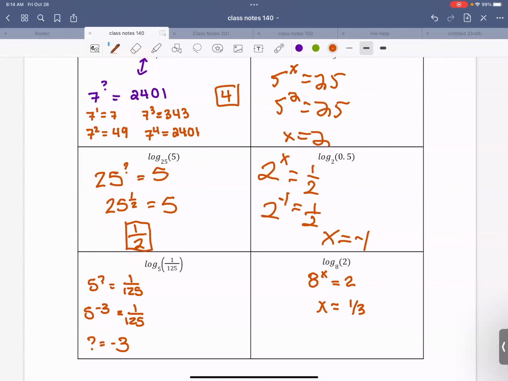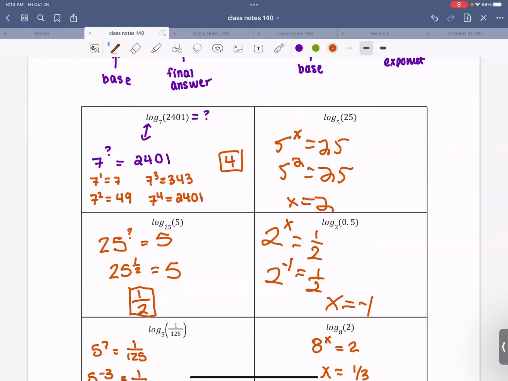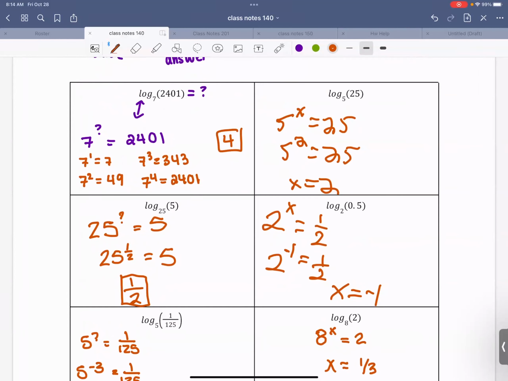All right, let's come to the front here. So really good job as I've been walking around. Looks like we're all on the right track with at least thinking about what logarithms are. I know finding them is a little bit hard to think about conceptually, at least to me. That's not very intuitive to me. I remember when I was in algebra, I didn't like logarithms very much, but